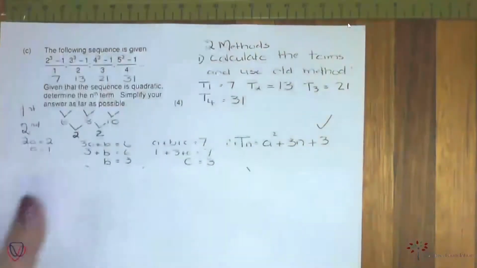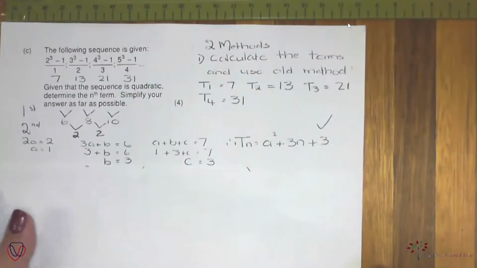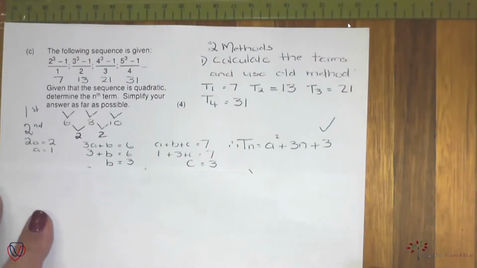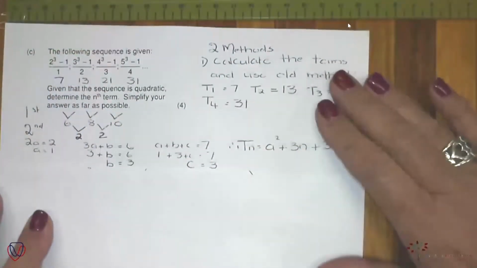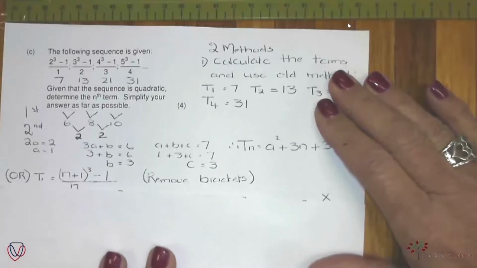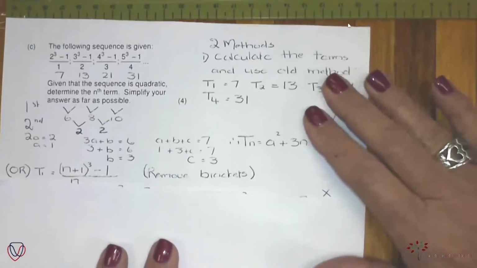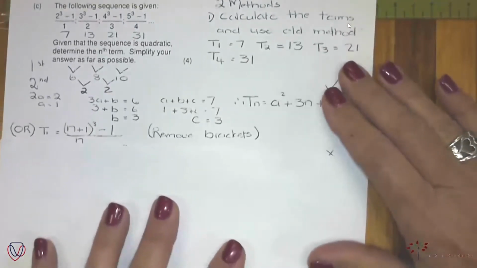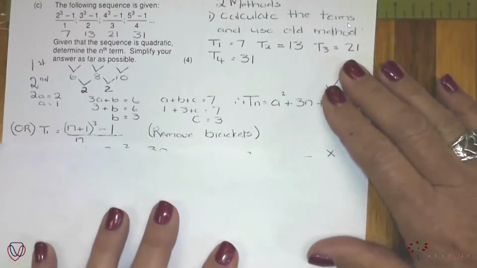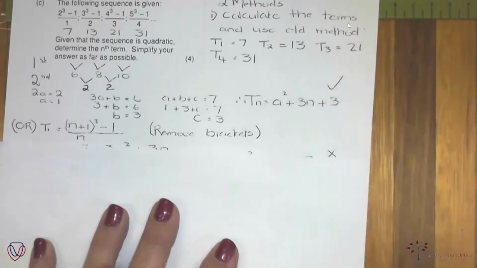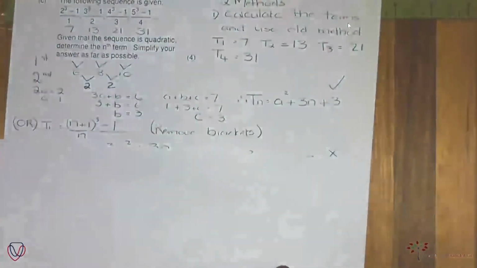And this is the method that I would really recommend you to do. Okay? Because if you could realize that, but you can calculate this, you actually have a straightforward pattern. Right. Let's go do the other method. I just want to show it to you because some of you are going to say to me, but if I did this, would this be right? Now let's see. T1 of Tn rather